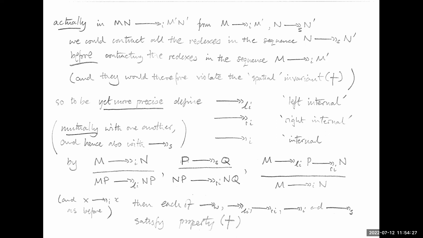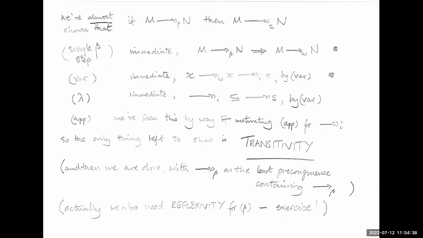So if you want to be really, really precise about the standardization theorem, you want these definitions. And these do satisfy invariant property dagger. And now I will just silently withdraw, leaving the leaves that have now fallen off the tree at the end of Waiting for Godot, with this last slide, which is the proof of standardization, which is, we look at it. A beta step is a weak head reduction step, and internal reduction is reflexive. So we're done.